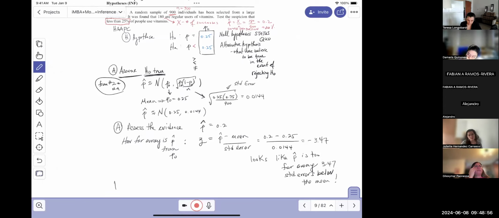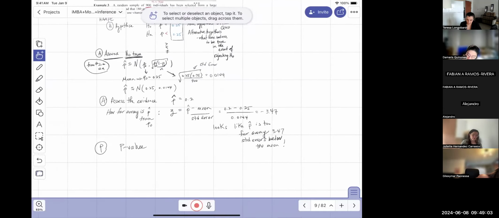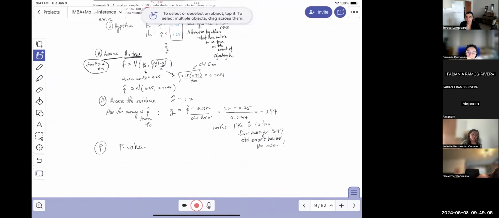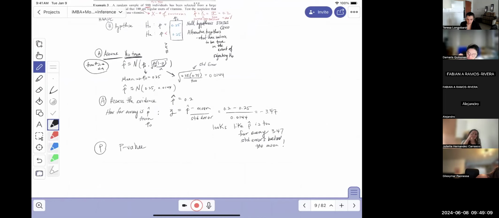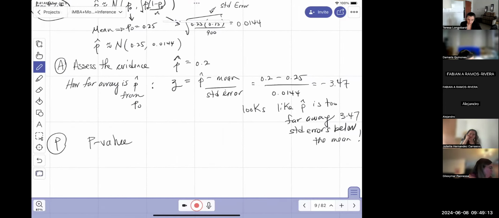So let's do the last 2 steps to formalize our findings. Okay, we're going to calculate what's called a p-value. What is a p-value? You can think about it in words or you can think about it in pictures. I'm going to do both right now. I prefer that you draw. So the p-value is the probability